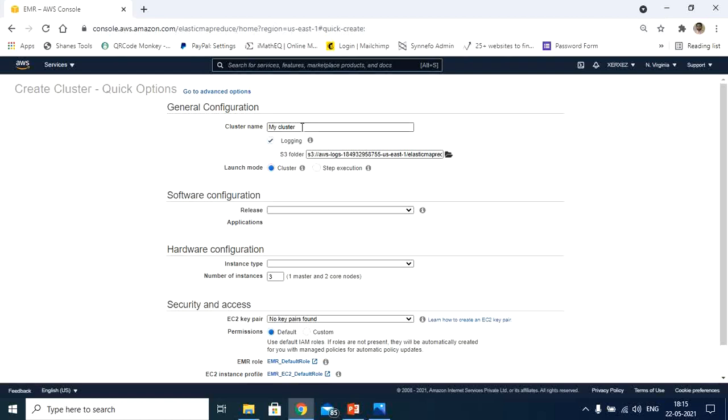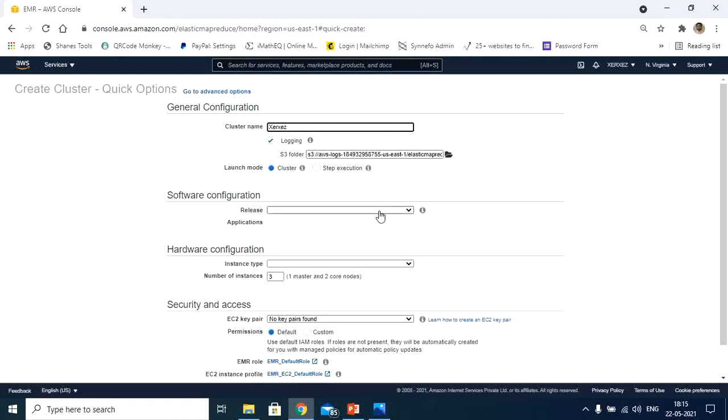By default it gives My cluster, so let's say my cluster name is Zerzex. By default all the files of Hadoop will be stored inside the S3 bucket. You can configure this also. You can create your own bucket and store whatever files there are in that location.